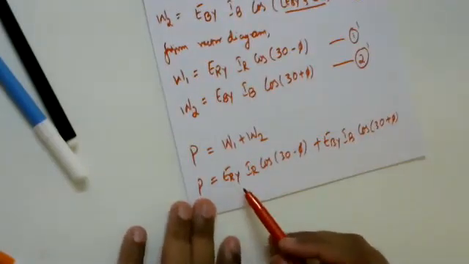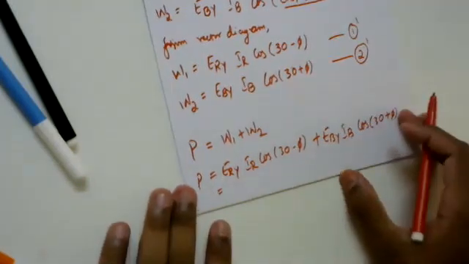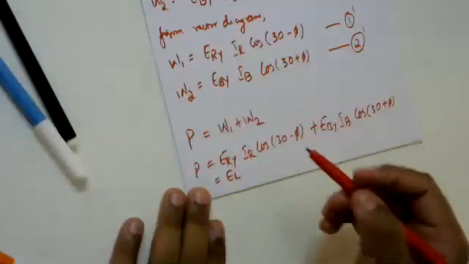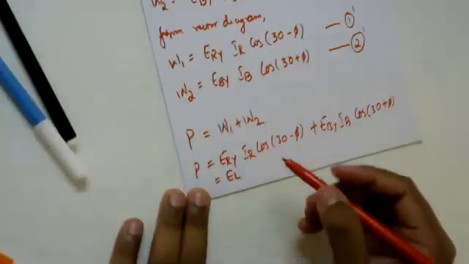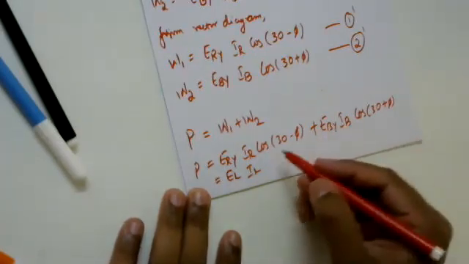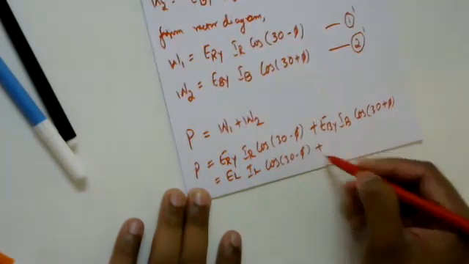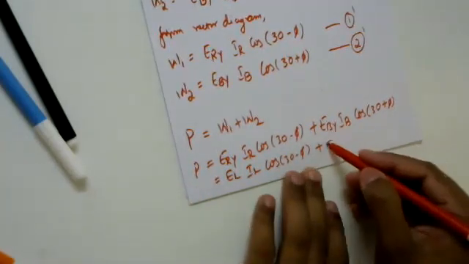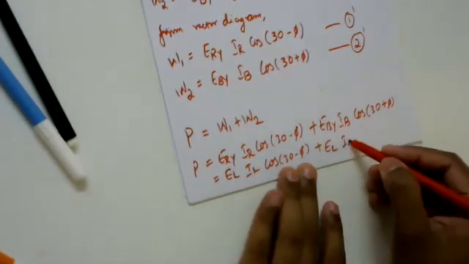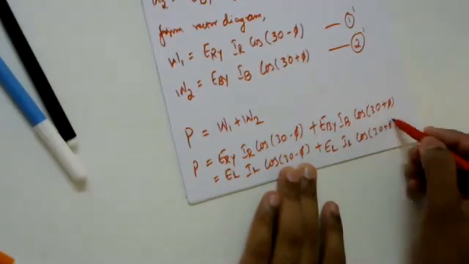This is my line voltage, EL. IR is my line current, IL, into cos of 30 minus phi, plus, once again, EBY is a line voltage and IB is again the line current, into cosine of angle 30 plus phi. So it means